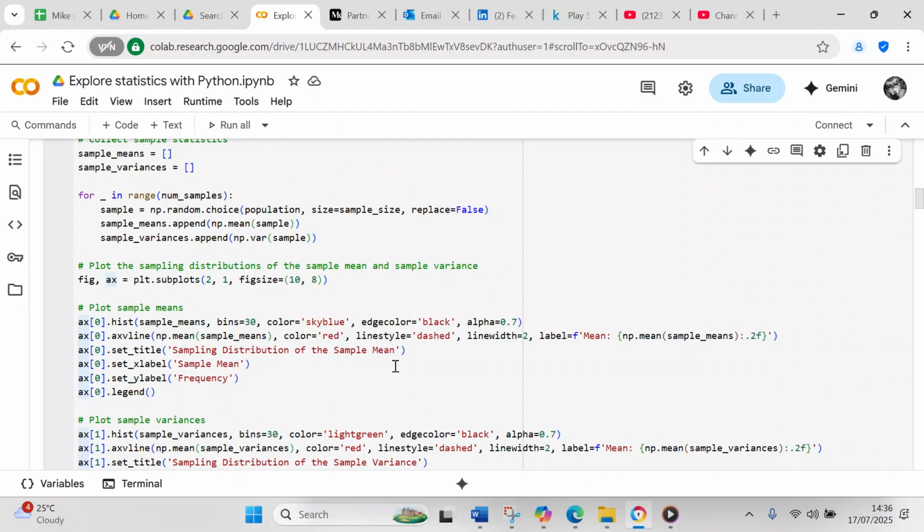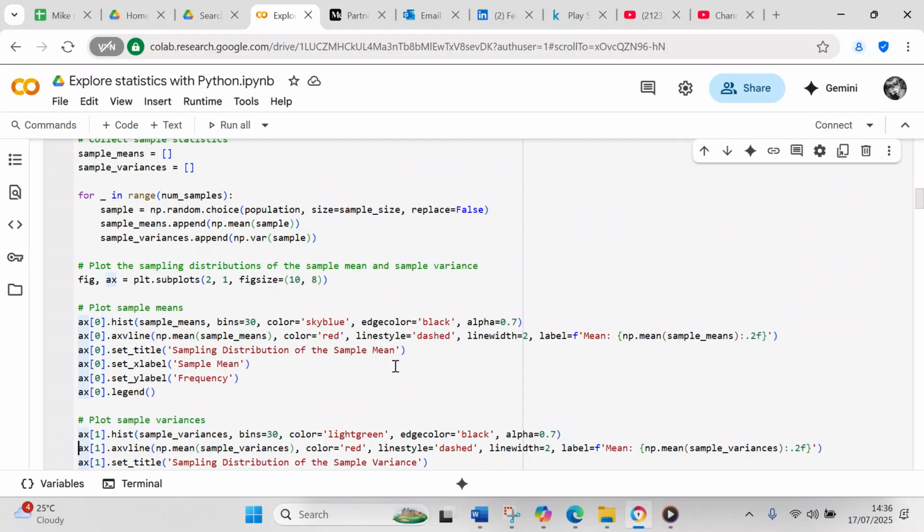Then sample_means.append(np.mean(sample)), and sample_variances.append(np.var(sample)). So that means 1,000 times you sample the distribution. In sample_means you're going to have 1,000 elements of the mean, and in sample_variances you're going to have 1,000